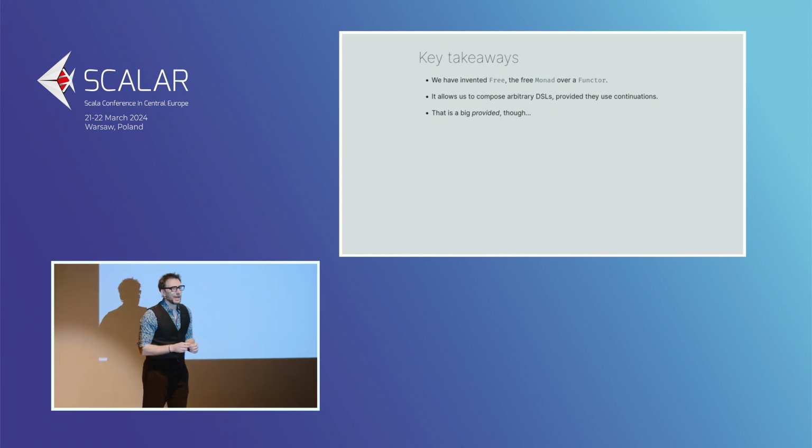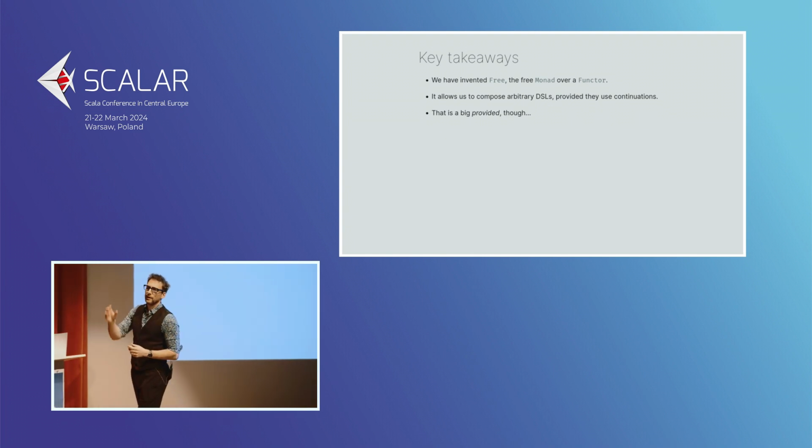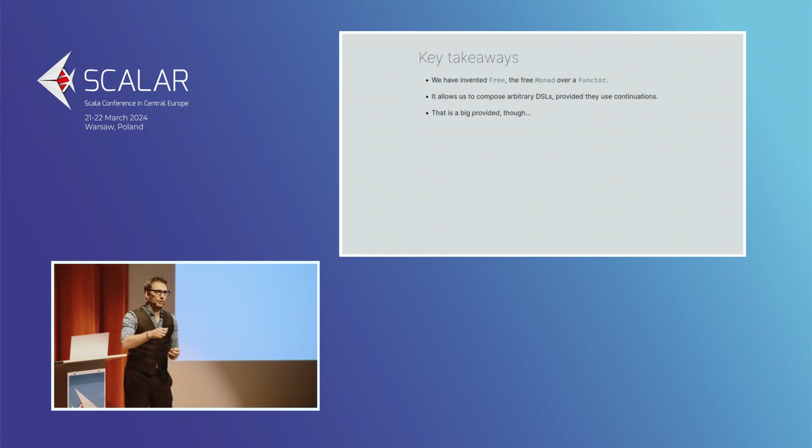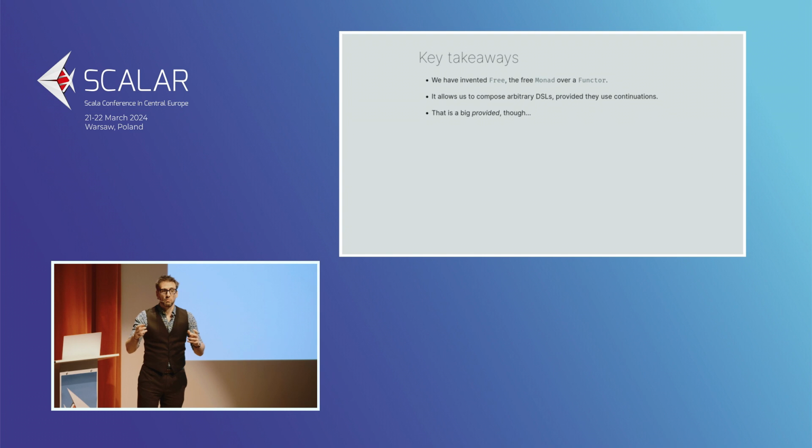And I know of two ways to get there. The first one is to have a bit of knowledge and to know that the free functor over a type constructor exists. It's called Coyoneda, because why the hell not? And if you have a free monad over a functor and a free functor over a type constructor, maybe you can compose the two to get a free monad over a type constructor. Apparently that eventually pans out, I gave up halfway through because it's really, really very hard and a lot of work.